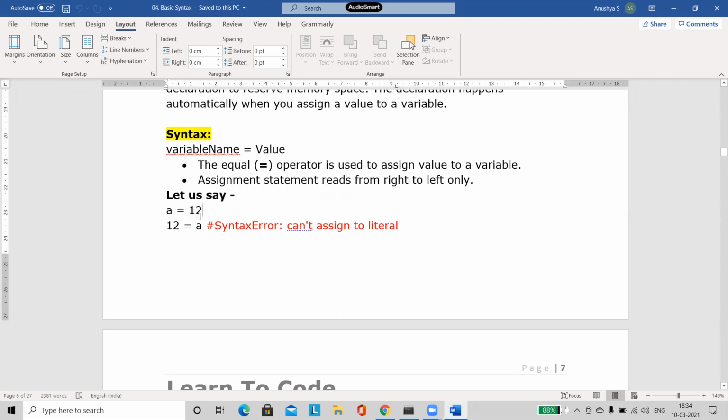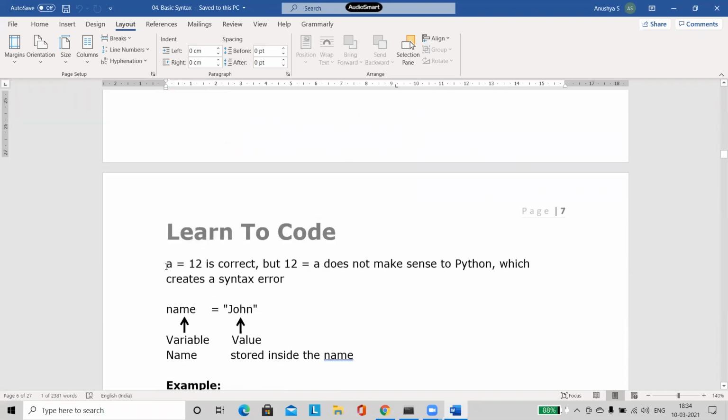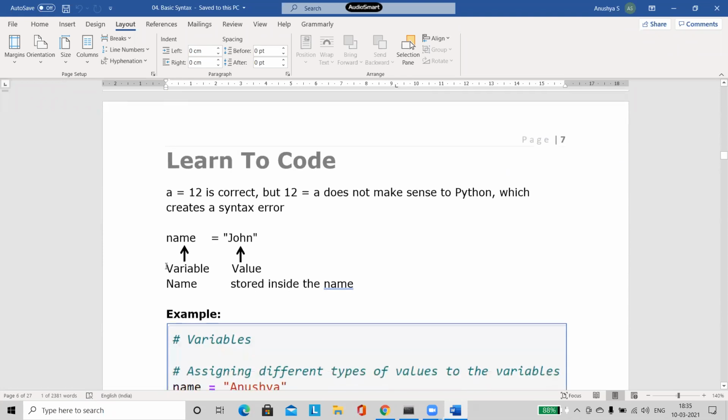So this is valid. But here, when I do like this is an error. This will create a syntax error. Because what is the syntax? Variable name equals to value. We cannot use it like this. So it is incorrect, because this is not a proper variable name at all. These are some points what you have to remember. Okay, now